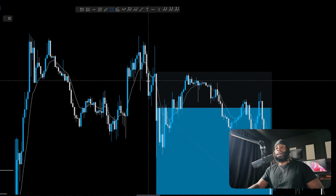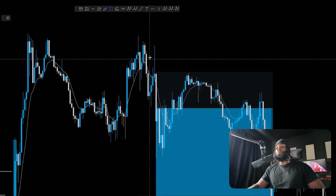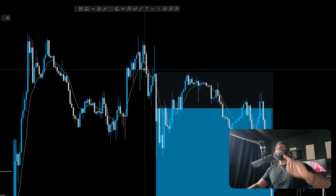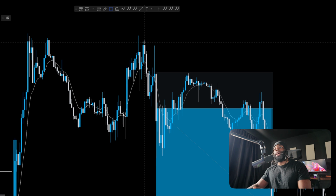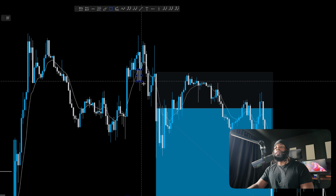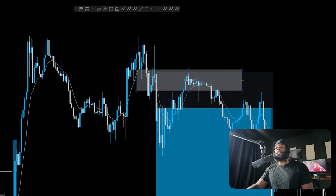This is known as, a lot of people might see this as the three white soldiers, or I think it's the other concept. But basically, we had 2 major moves happening, which is known as displacement candles or engulfing candles. You will hear me say that a lot. So since we had a wick, and right after the wick, we had a huge aggressive move to the downside with these engulfing candles, this marks my area as a liquidity pool of money that needs to come and get